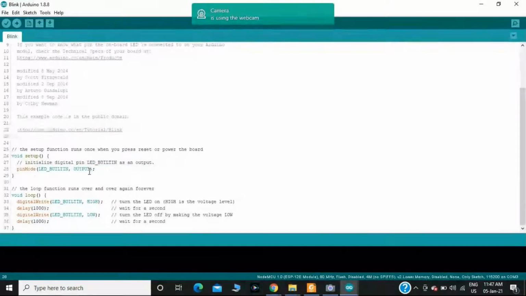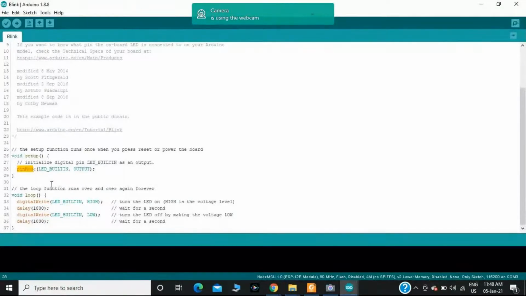In my case, I'm taking an LED, and that particular LED will act like an actuator, and I'm sending the instruction from Node MCU to the LED. That's why the LED pin will act like an output pin. In order to initialize the pins, I should use the instruction pinMode under the void setup section.